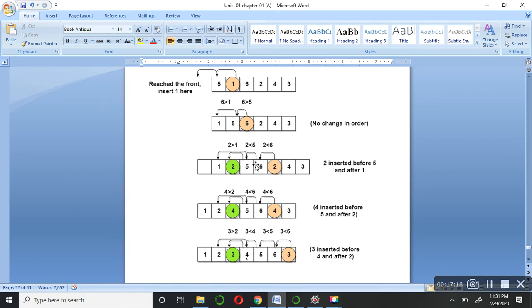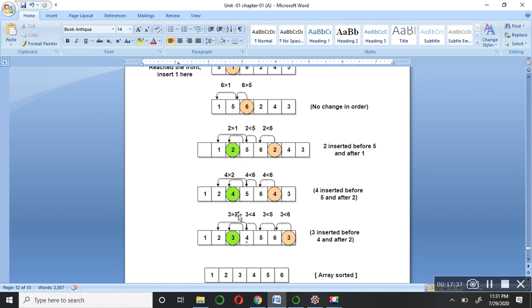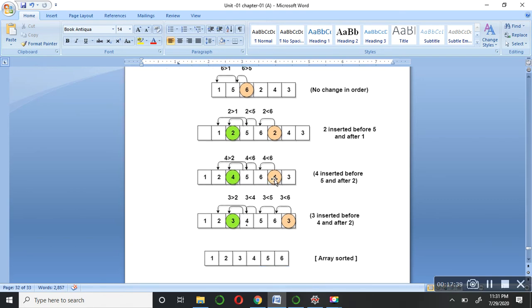So it has been done like this. You can see this green circle is given. So 1 2 5 6 means 2 has been placed at its right position. The next element is 4. 4 should come between 2 and 5. You can see 4 has been placed at the third position: 1 2 4 5 6, and so on.